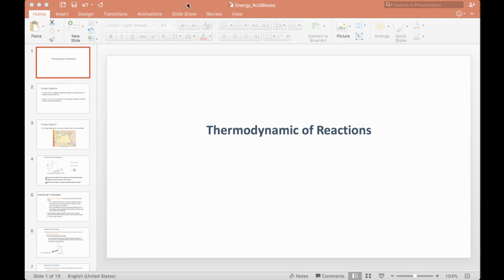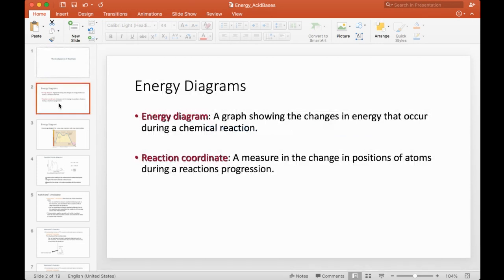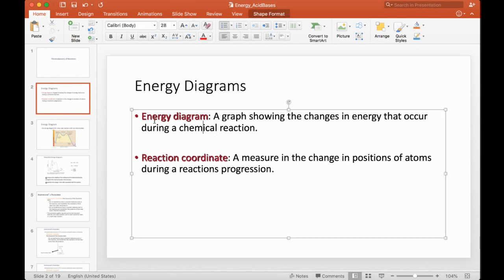As you can see, today we're going to be learning about the thermodynamics of chemical reactions. This is something you may have seen already in general chemistry, so it may be a pretty basic review of things that you already know, but I want to re-emphasize them. A couple of things I want to define here: what is an energy diagram for a chemical reaction, which is basically a graph in which we show the change in energy that takes place during